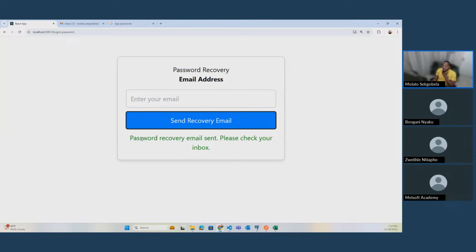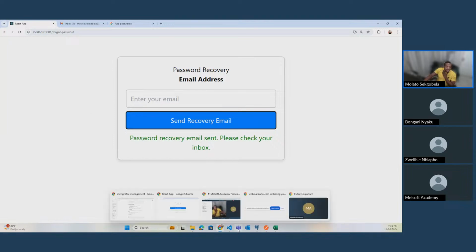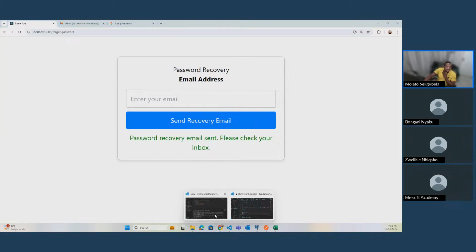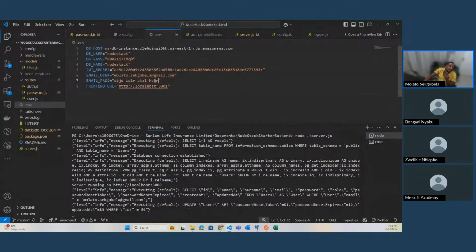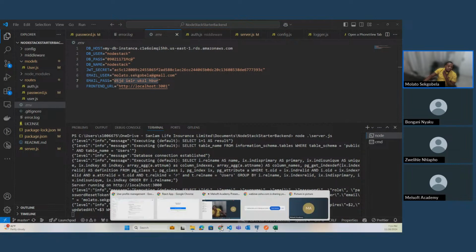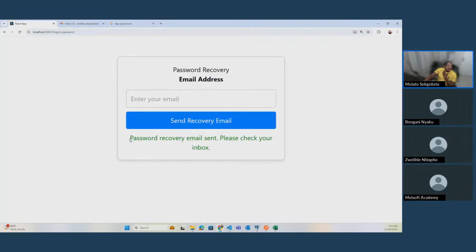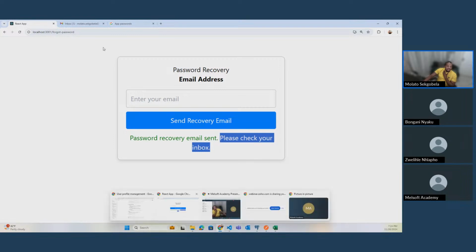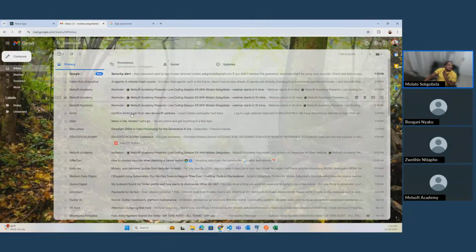So everything on the backend code, every time you change something, you must stop the server and run it again. So if you remember, I just changed there. I didn't stop the server and run it again. Hence, it was denying me. So you'll see now it's going to say password recovery email sent. Please check your inbox. Now, if I come to my inbox,